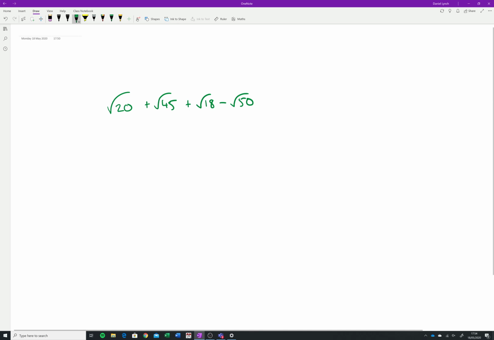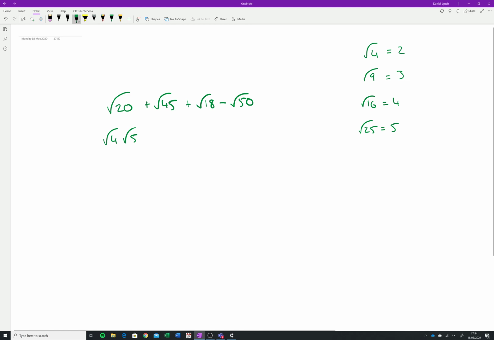In order to be able to add them together, we need to break each one down. So root 20, now there's a couple of ways you can break it down, into root 2 and root 10. But that's not helpful. Let's look at the roots that are helpful. If you had root 9, for instance, that would be 3. If you had root 16, that would be 4. If you had root 25, these are the helpful roots. You're looking for a root, and these are of course the square numbers. So actually a better one to break down into is 4 and 5,